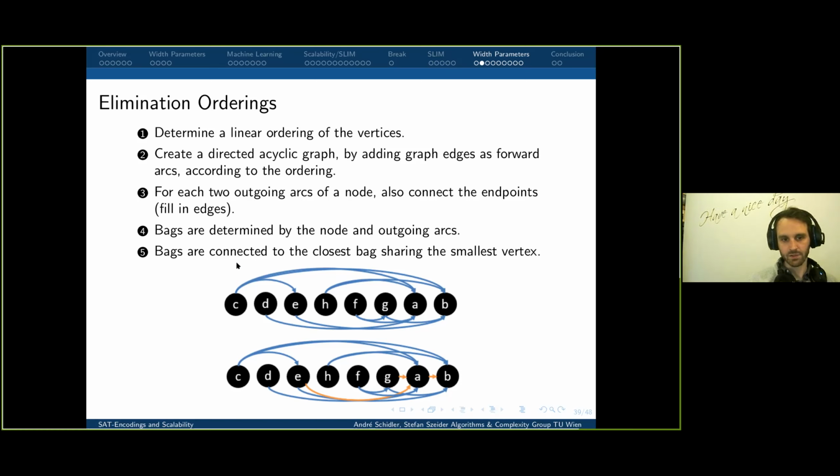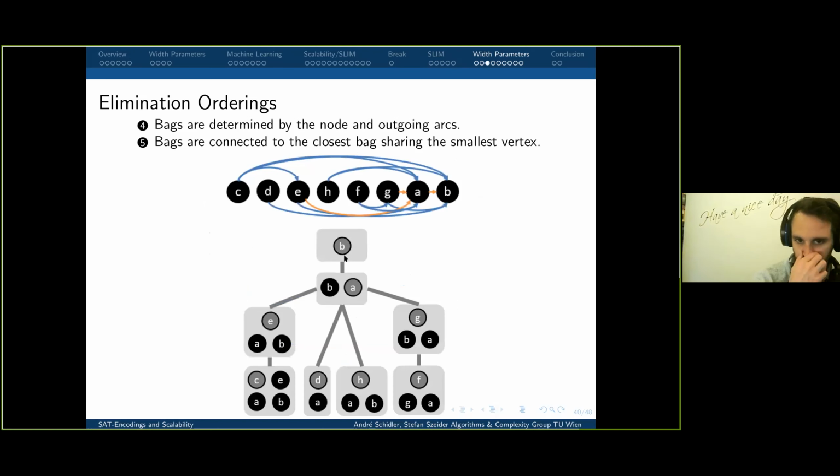So the bags are determined by the node and the outgoing arcs, and you connect the bags that share the smallest vertex. And this is shown here. So again, for each node, you have a bag. You have a bag C here, you have a bag D here. For C, you have exactly C and then the outgoing arcs to E, A, and B in the bag. And then you could connect this bag to D